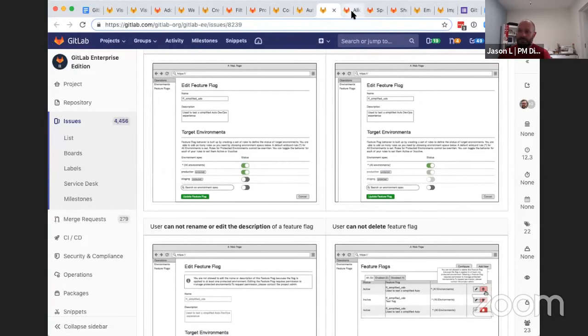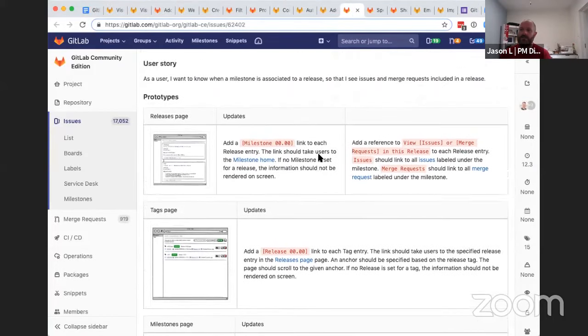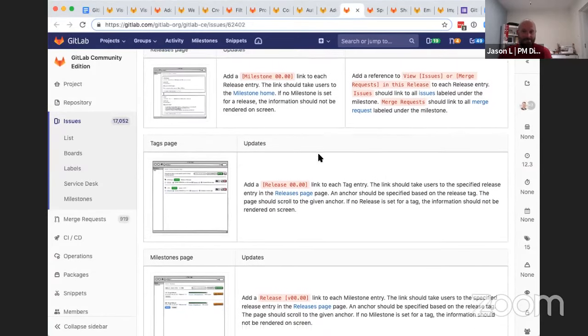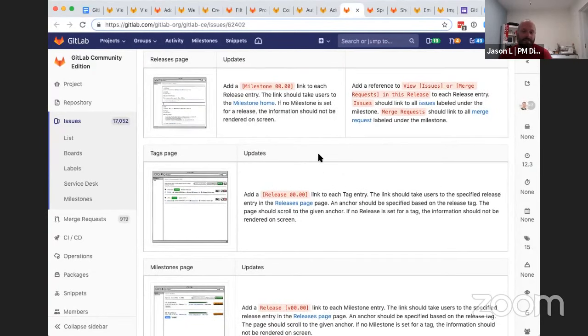We're also making a really important fundamental change to the data model within GitLab around associating milestones with releases. This is a small change, just linking up two bits of data between two kinds of entities within GitLab, the release and the milestone. But linking these things together is going to unlock so many amazing things. In the initial release, we're just going to be doing the issues and merge requests. I say just, but this is a really cool feature.